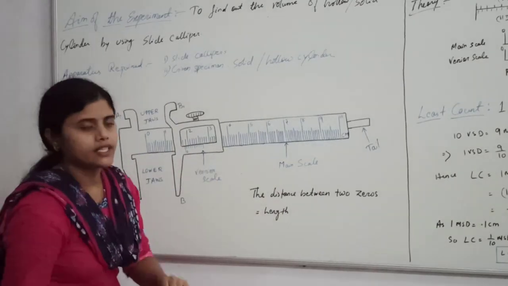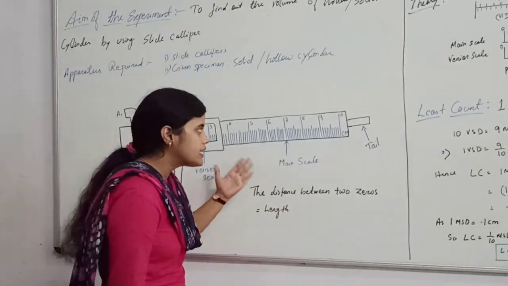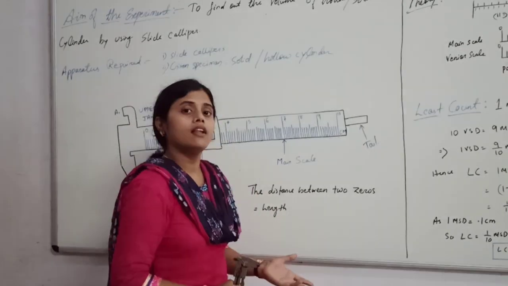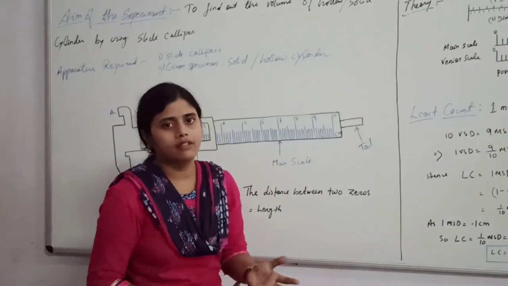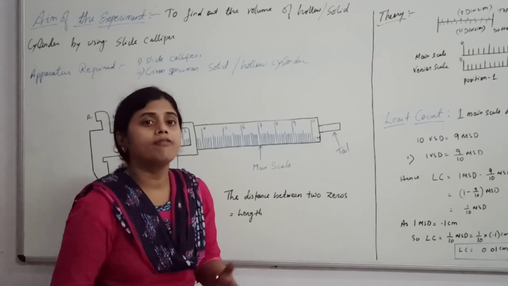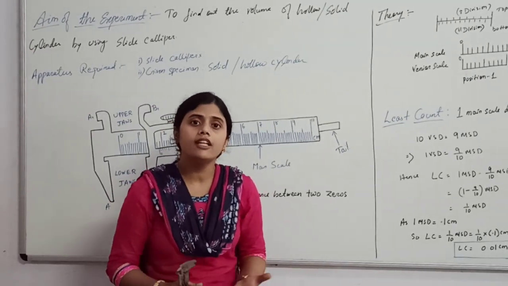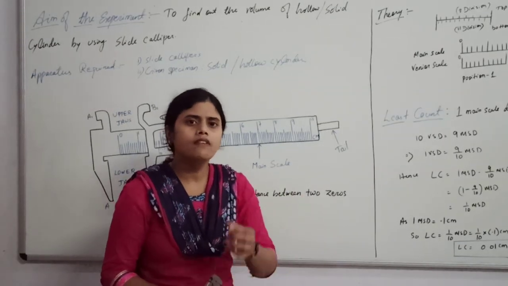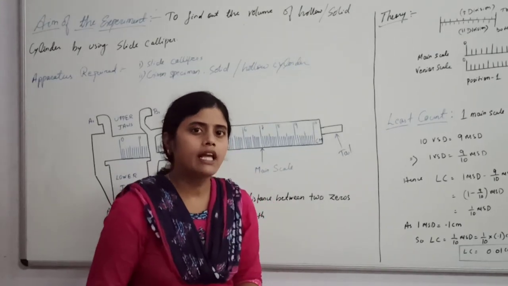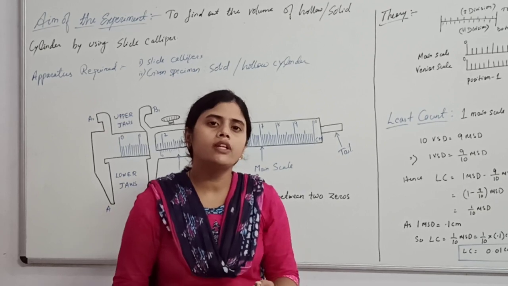And now the question arises, why and how? Why means why we need this scale. We have already our normal scale, so why we need this scale, and how we measure the length. So let me answer the question of why first. We need this because of the demand of more accuracy. Sometimes accuracy is very important that we cannot ignore. Even though it is a very small value, we cannot ignore it. For very high precision, we need the accuracy. In our normal scale, the lowest measurement is 0.1 centimeter.